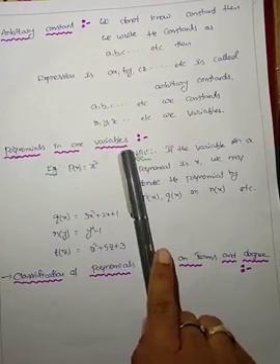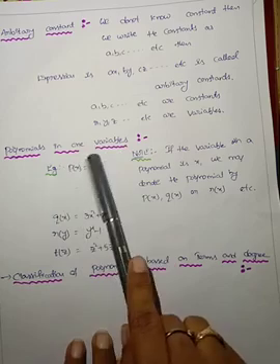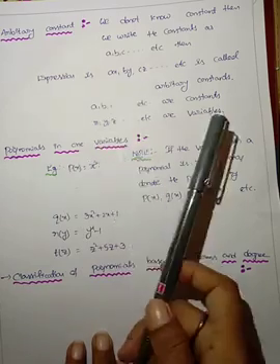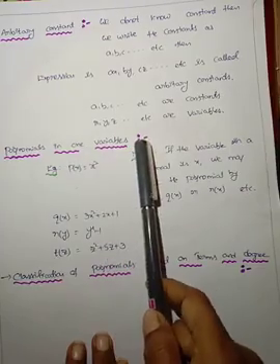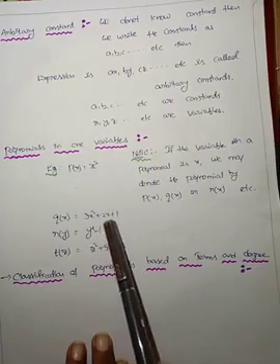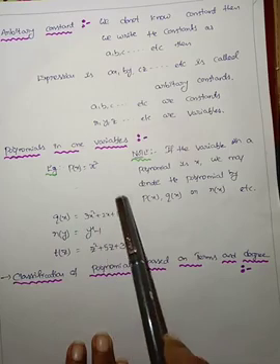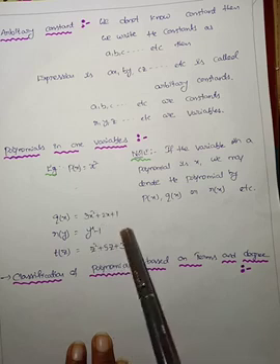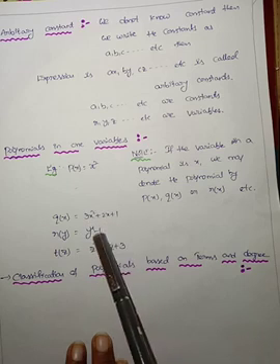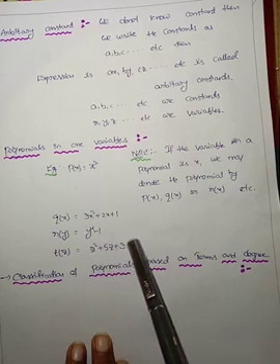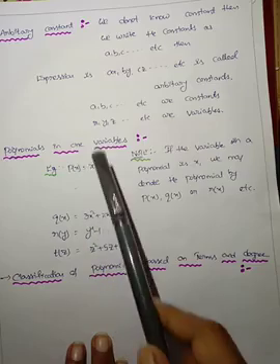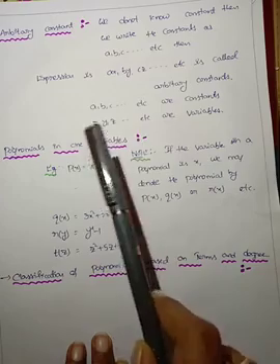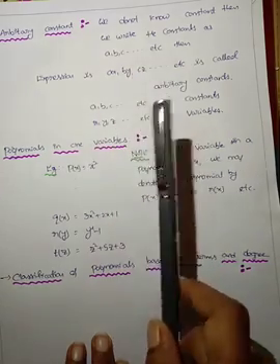Polynomials in one variable. Already we have discussed. One variable means in that algebraic expression there is only one variable. For example, x square; 3x square plus 2x plus 1. How many terms here? 1, 2, 3. What is the variable? x. y power 4 minus 1. What is the variable here? y. z square plus yz plus 3. What is the variable here? z. One variable means in that expression there is only one variable.